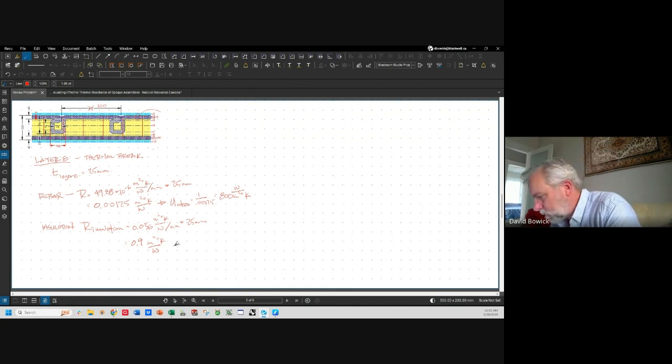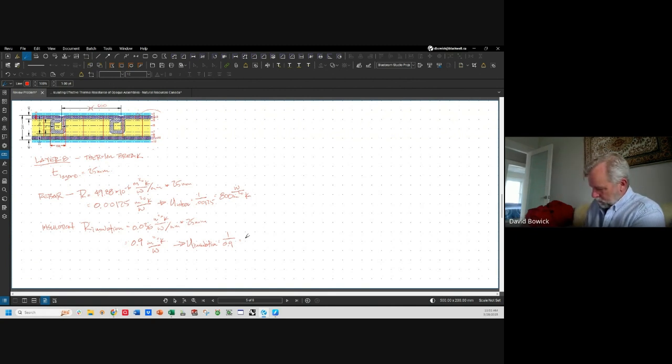For the insulation, U insulation equals 1 divided by 0.9 equals 1.11 watts per meter square degree Kelvin. Okay,